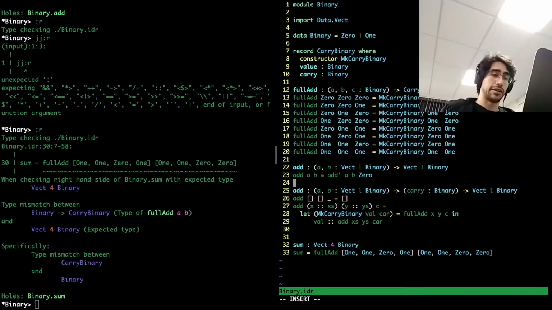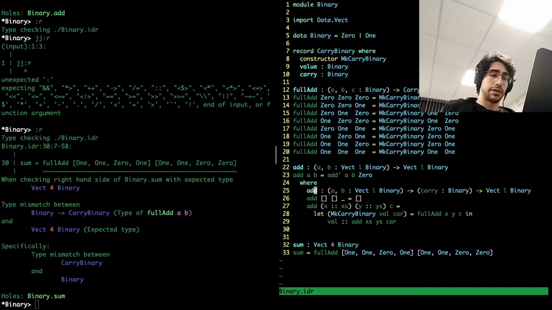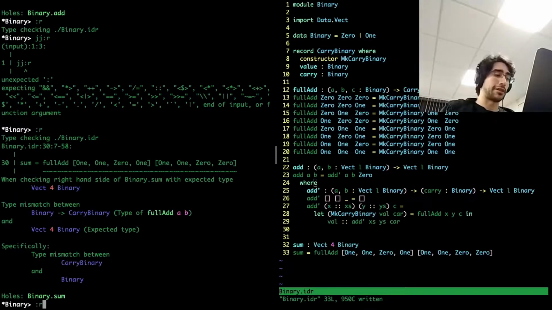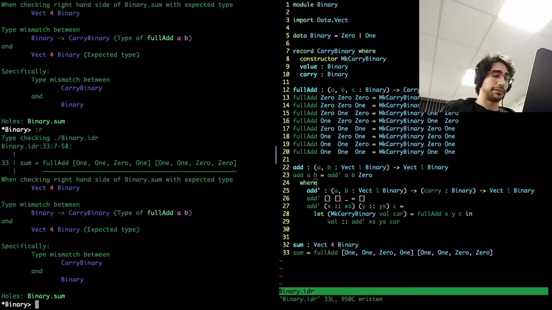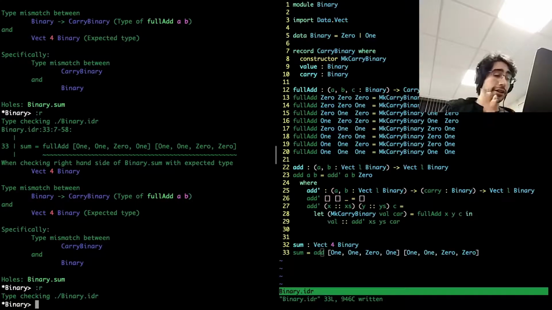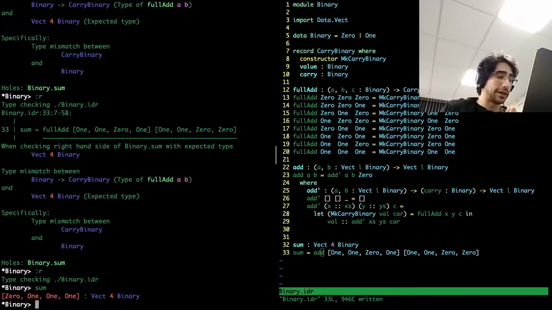So I'm just saying add is defined in terms of add prime, and add prime is the same except it has the carry stuff. Binary carry, where is it? Oh. All right, it's working. And now if I type sum, I get 110, which is exactly the same result as